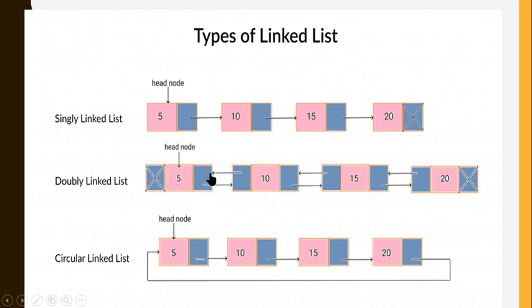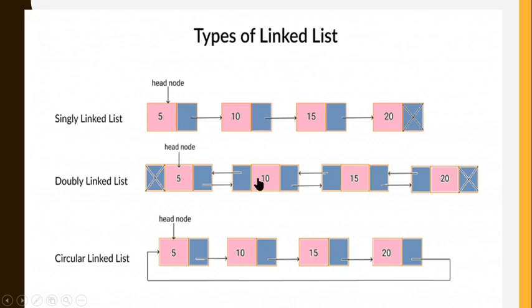And in the third partition, we know that the 10 address is going to be stored here. The same way in a doubly linked list, the 5 address is going to be stored in 10, vice versa. So the 10 address is going to be stored here, and the 5 address is going to be stored in the first partition of 10. That's why we have this arrow like this in a doubly linked list.